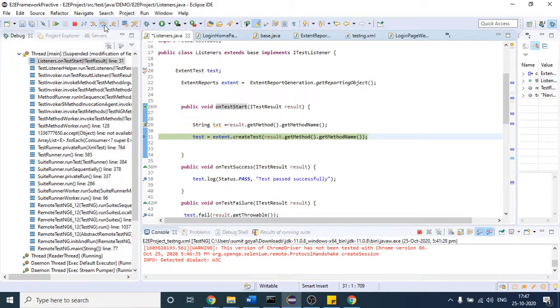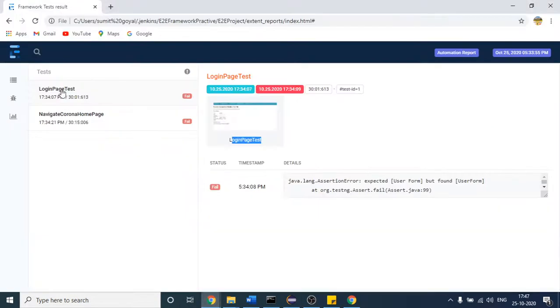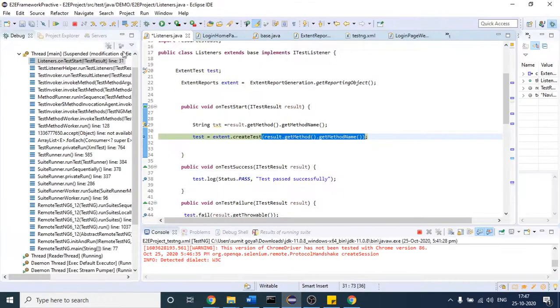It will create one test case inside my index.html file with this name. So it will create this test case. How it will create, let me show you. This is the test case it has created, right? It is the one it will create. So after that, what I will do, again, let me come to the next step.